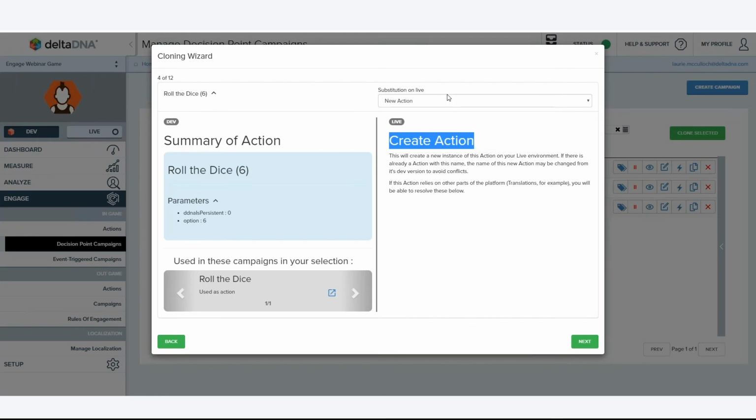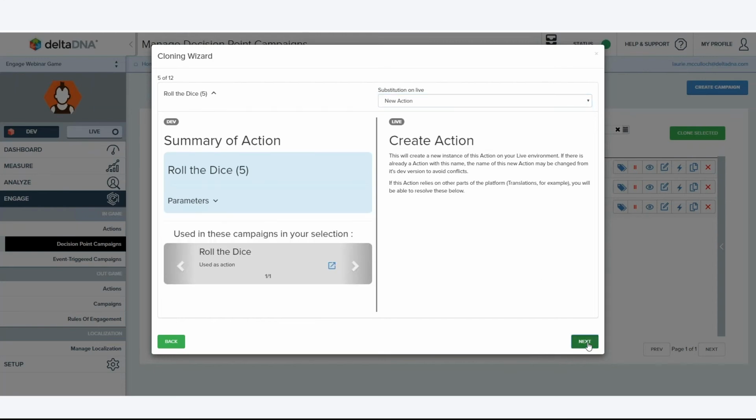But if I already had actions on the live environment, I could choose a different action if I wanted to substitute the action at this stage. We don't want to do that, so let's just step through these and let it create all the actions. At the moment, it's just building out its process. It's not actually done anything just yet. So there's the blue pill and the red pill,